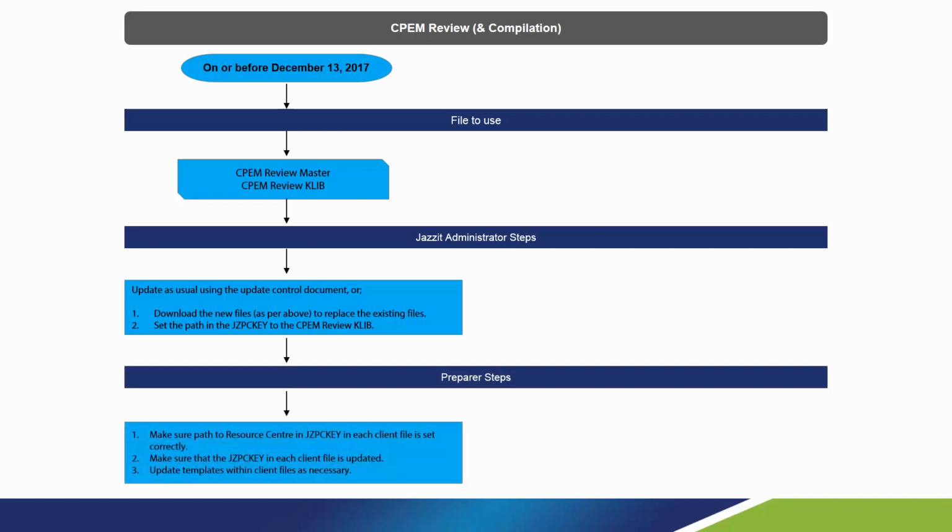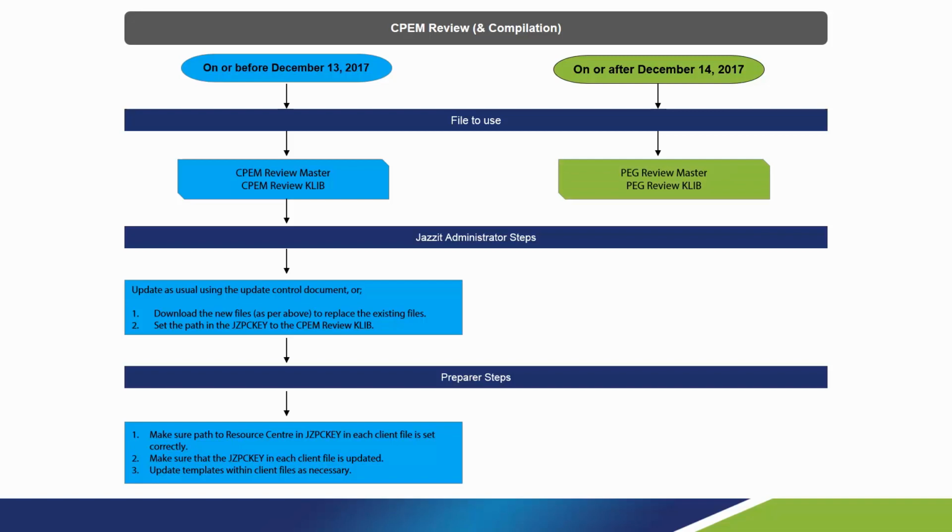The preparer will make sure that the JZPC key control document in the client file is connected to the updated CPEM Review Caleb. They will then update the JZPC key control document and update the checklists from the Resource Center as usual. For year-ends on or after December 14, 2017,